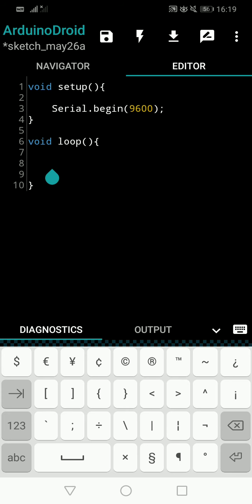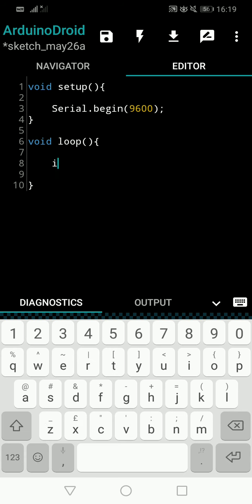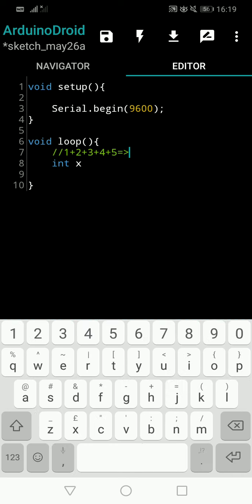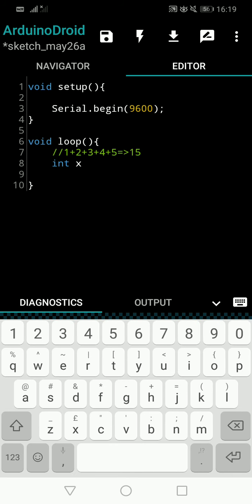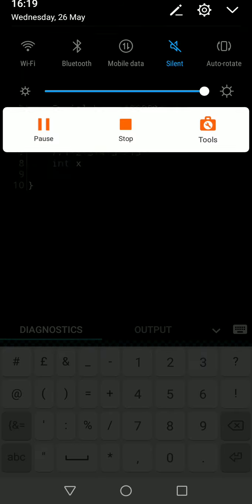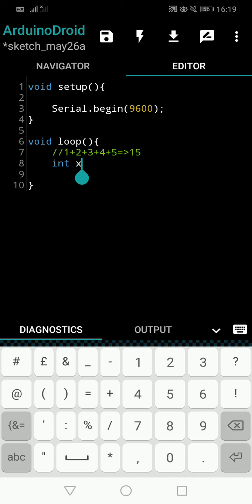So first I will declare a variable, int x. Let's say I'm going to add numbers. This is my scenario, 1 to 5. 1 plus 2 plus 3 plus 4 plus 5. I have to add like that, and the total I have to print. I should print the total number, maybe 15. This is what I want to happen, right? So let's make x the number. What is the initial value? 1, right? We should start from 1 because 1 is the first number. 1, then 2, then 3, then 4, then 5. So I will say x is equal to 1.